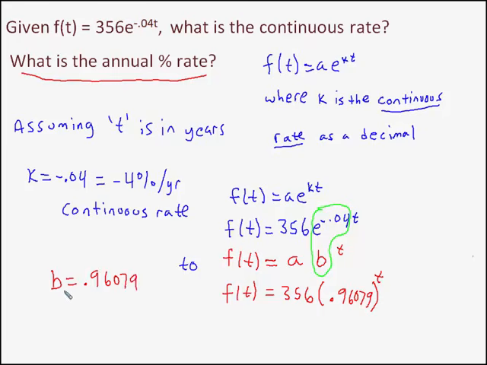So now you need to do whatever your technique is for converting from a b value to percent change per year. And my method is to think of it as at time 0 you're at 356. If I was to plug in t equals 1, we wouldn't get 356, we'd get roughly 96% of 356, meaning we're keeping 96% of the value, but that means we're losing about 4%, right? If you're keeping 96%, that means you're discounting 4%, which is about the same as what we started with. So it's approximately negative 4%, but to show you the difference between a continuous rate and a regular rate, we need to use more than just 2 decimal places here.